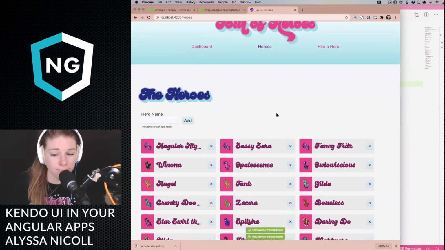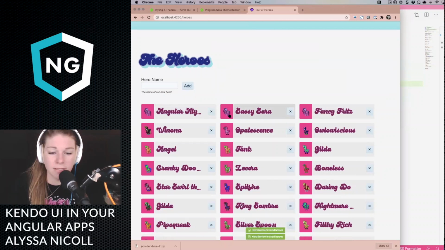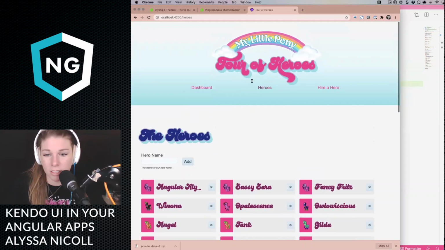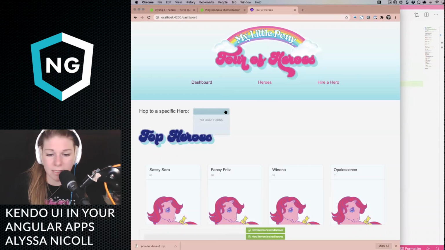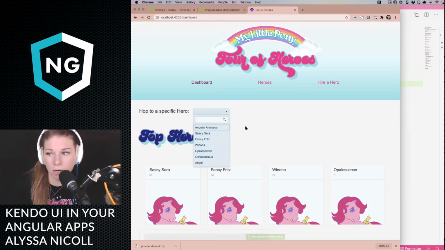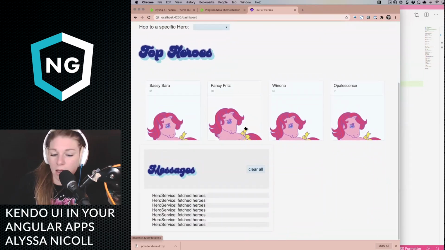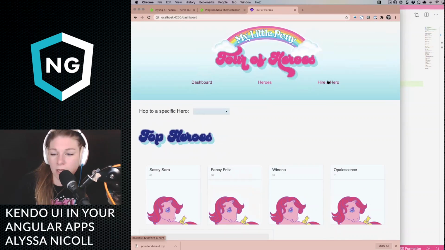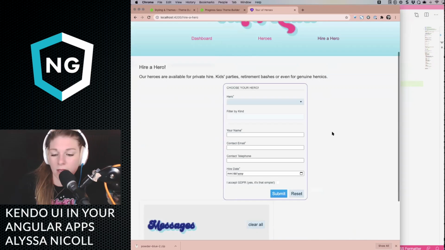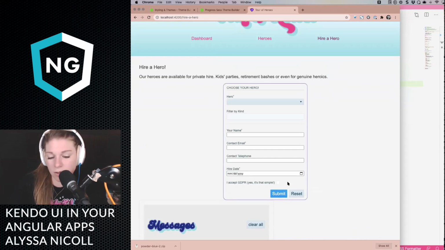It's very subtle, but if you'll notice, the X buttons are now that powder blue color, and on hover, they're the darker powder blue color. I think if we go to our dashboard and we select the drop down, it is now the powder blue color. And of course, the hovers are a darker powder blue. And again, this was super subtle. I could have gone to a complete dark theme, and whatever, like the button here has gone to blue. I think it was orange by default.